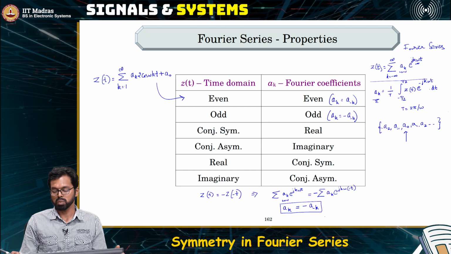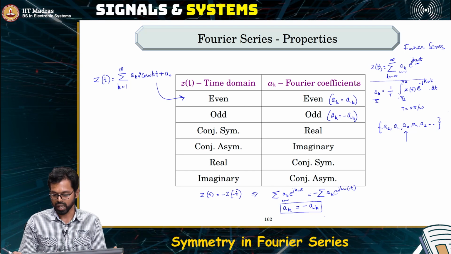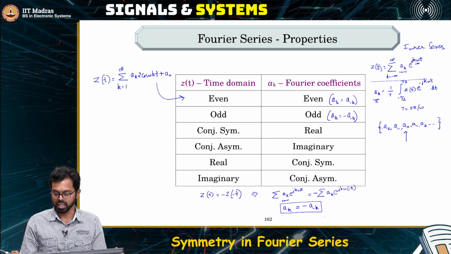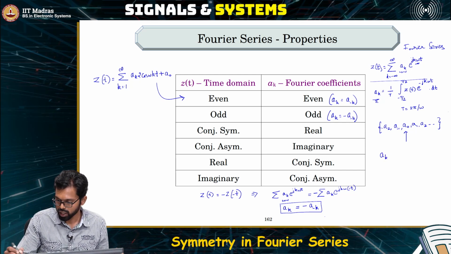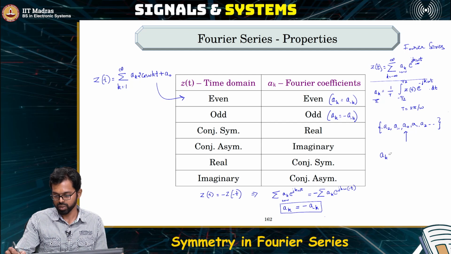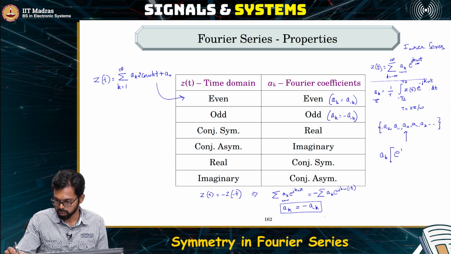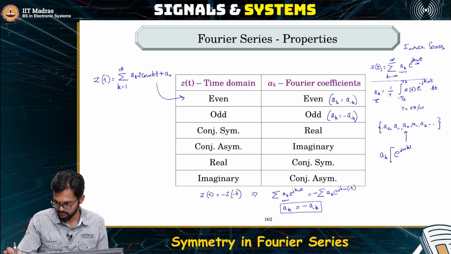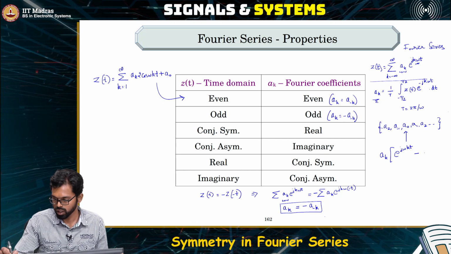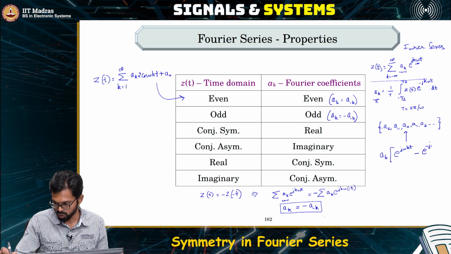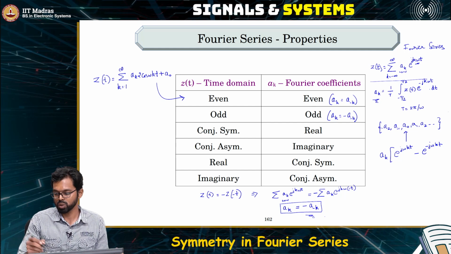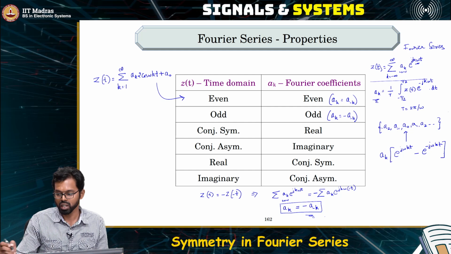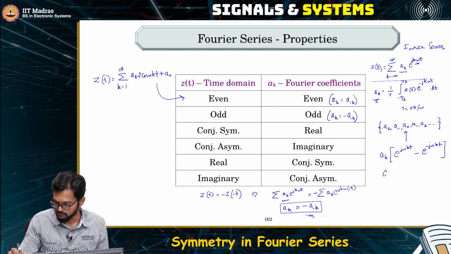If we club all the positive frequency and negative frequency together, then we'll have ak to be the common coefficient for e power j omega kt and e power minus j omega kt, and this minus sign that we have here could be brought inside for the negative frequency. Now what is this? This is nothing but ak